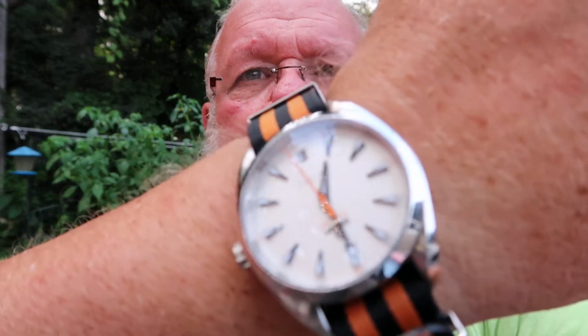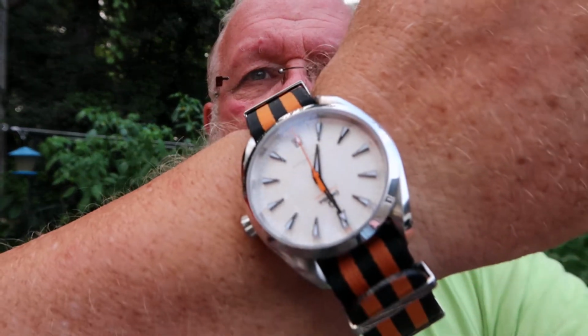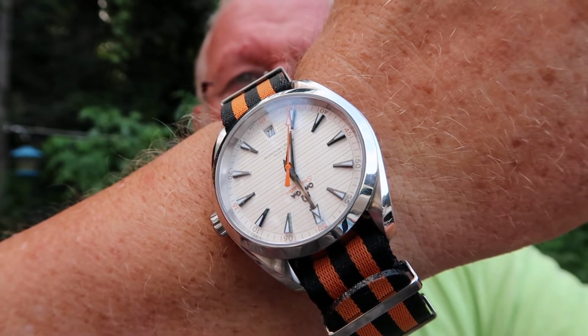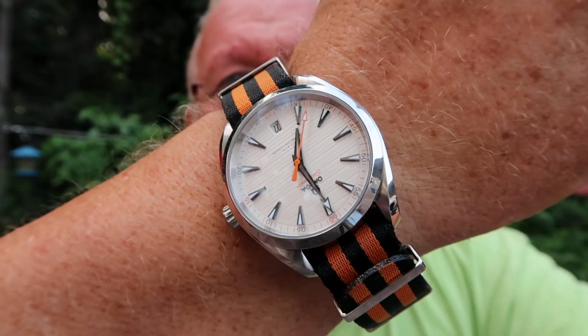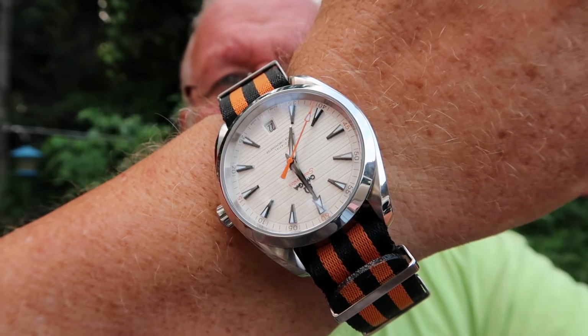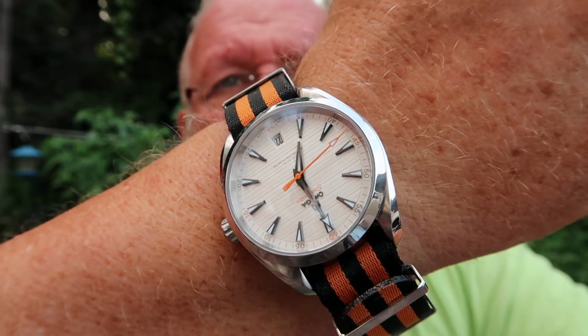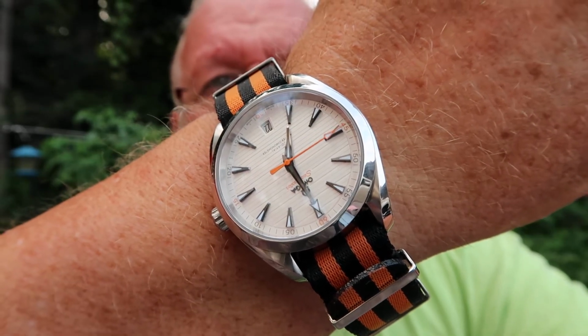Now, for 20 years, my Seiko SKX 173 was my only watch. But right now, I'm wearing the Omega Seamaster Aqua Terra 41mm. This is the Rory McIlroy Golf Edition. And I've had this on for a couple weeks now. And I tell you what, I can't take it off. This watch,